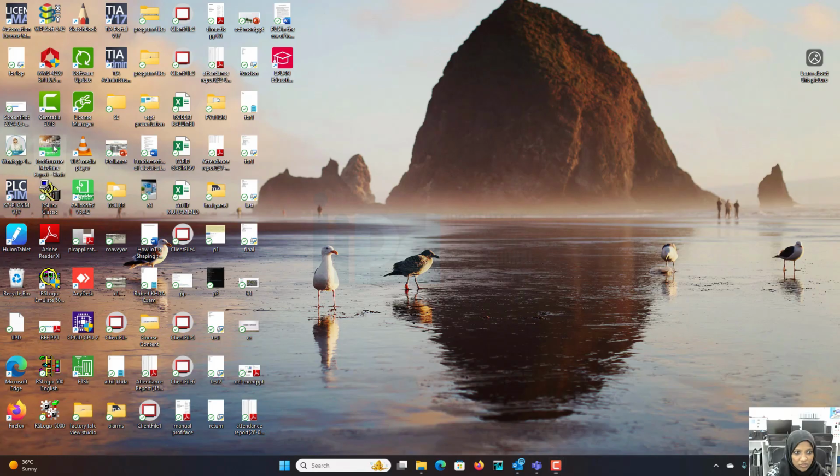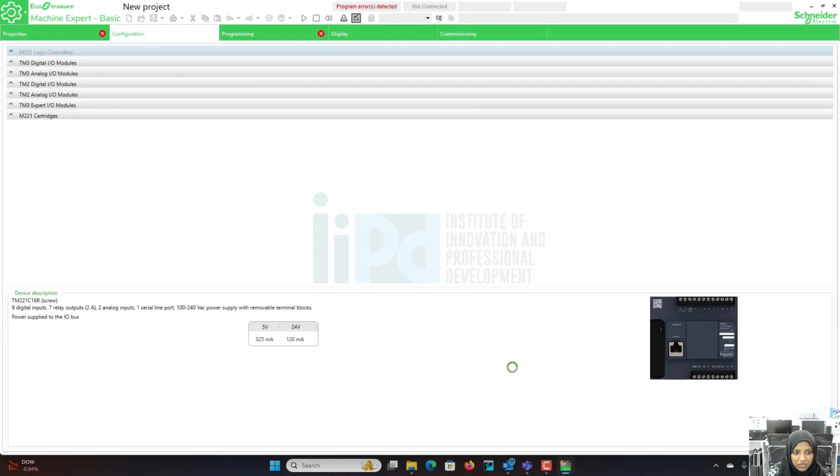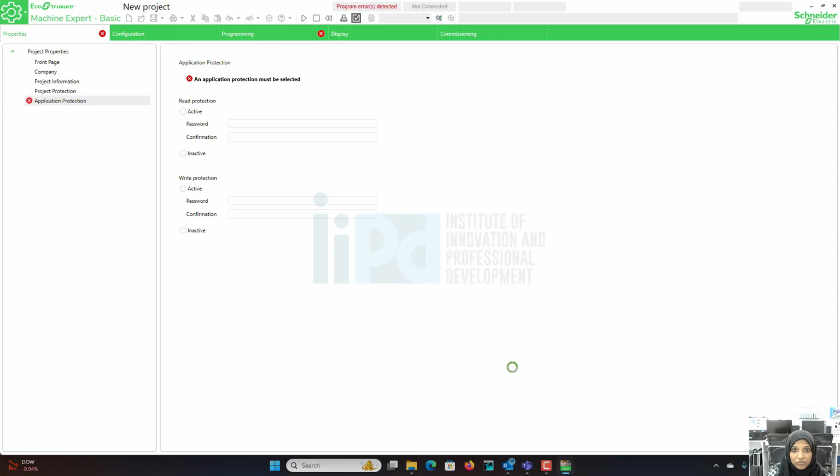The software is EcoStruxure Machine Expert Basic. This is a free software and you can do simulation, and if you have hardware you can directly download it to the hardware. When it comes to the Schneider, you can have different kinds of communication. If you want to use USB in order to download, that is also possible. If you want to use Ethernet, you can use the IP address in order to download the program,